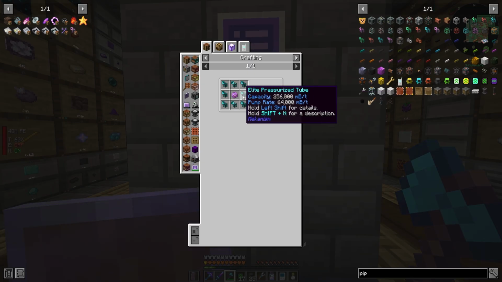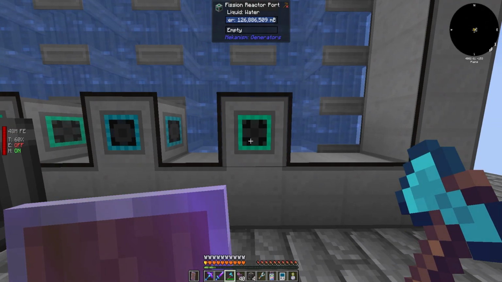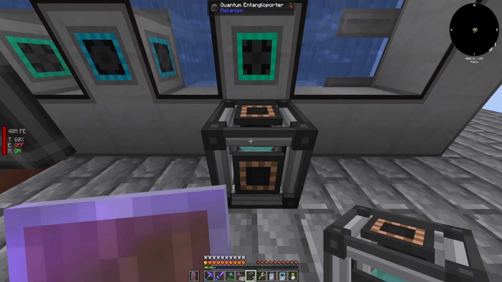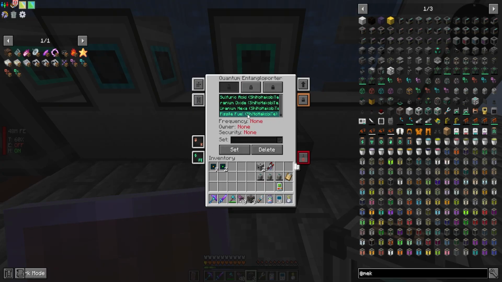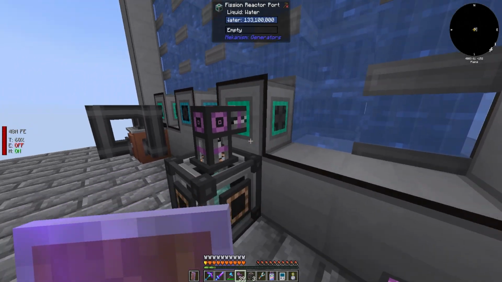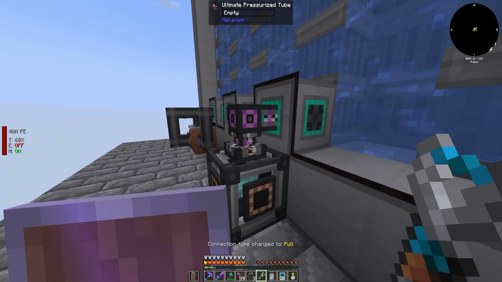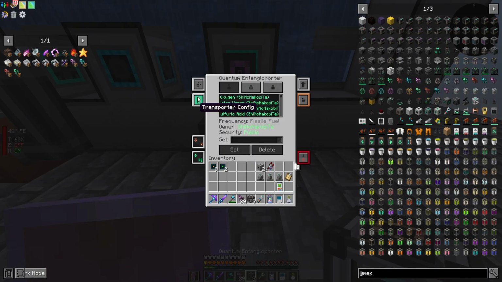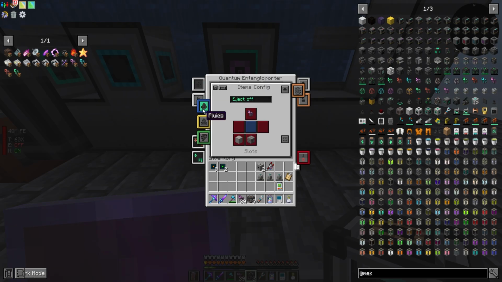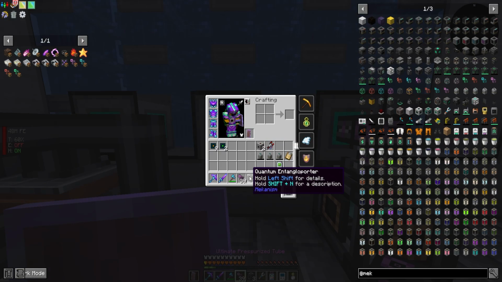We're going to bookmark that, bookmark that, and bookmark that. Let's get those recipes made. This is going to be the input for the fissile fuel. Now, can I do this and choose fissile fuel? And set? I can. Cool. And I want to do a pipe going up there to the top, and I want that to be an extract. Cool. And now I want to side config for chemicals output auto eject. All right.